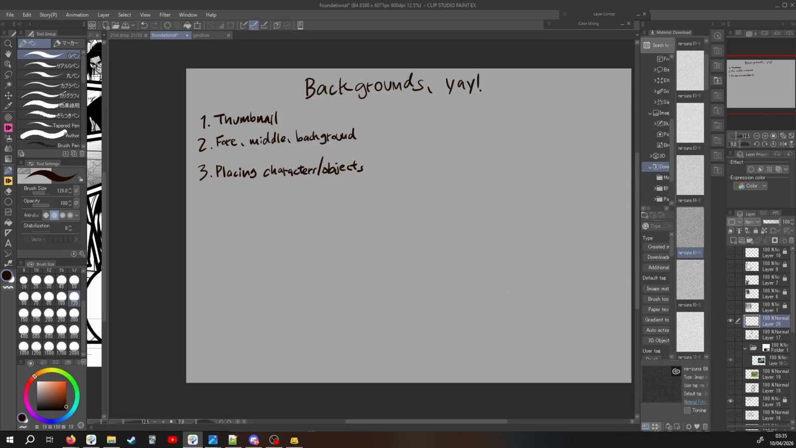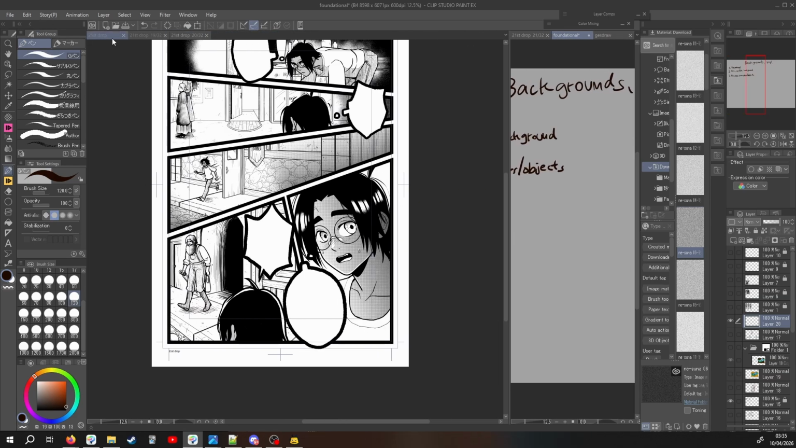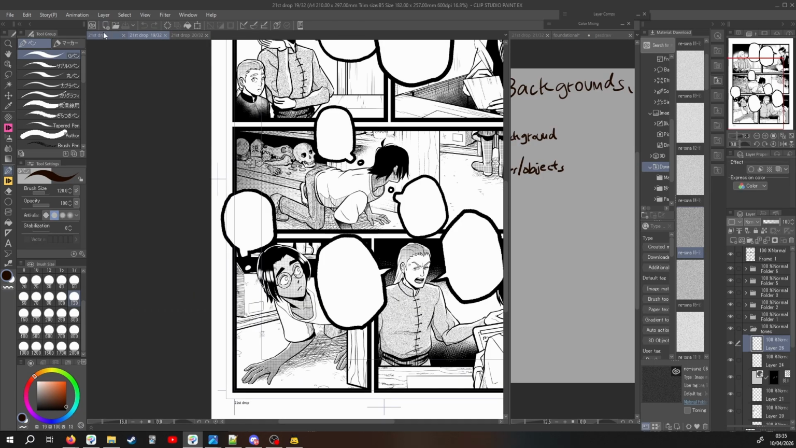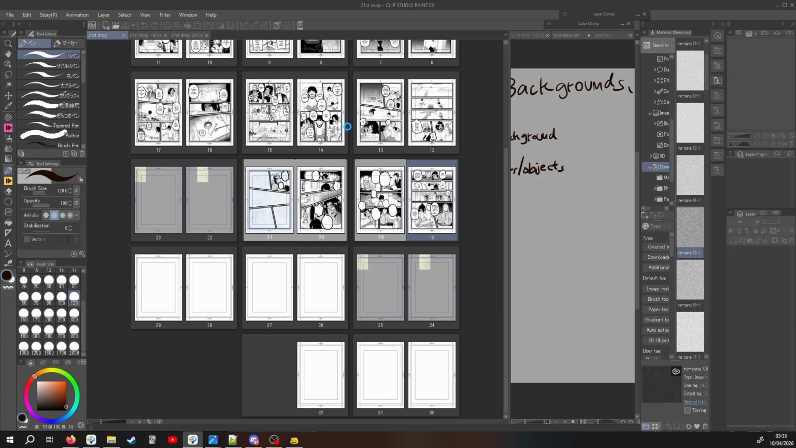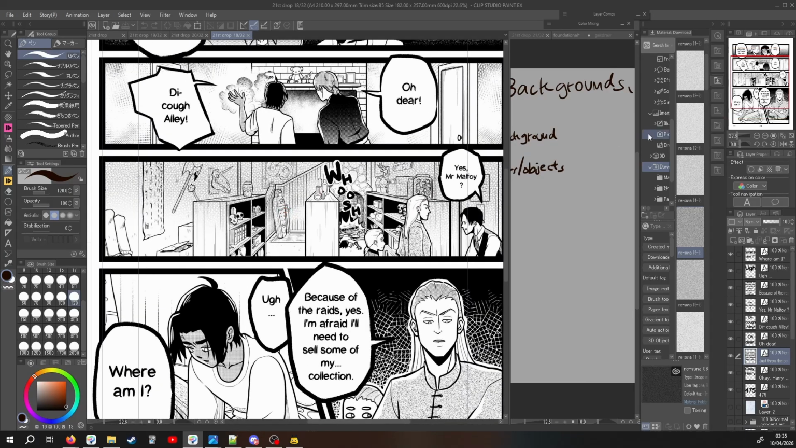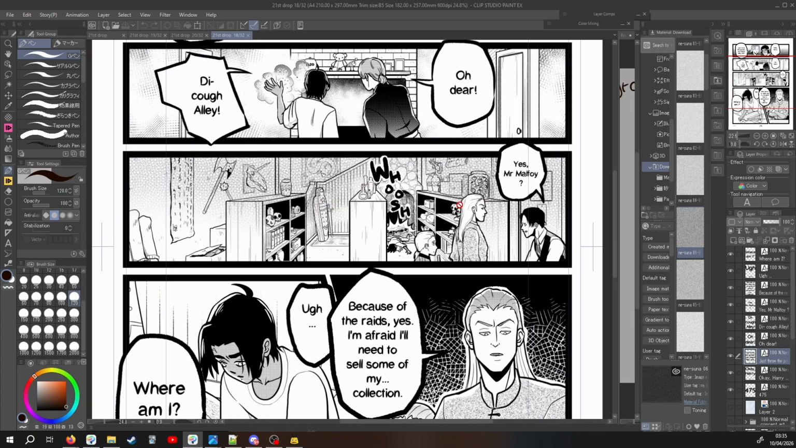The last thing that I thought of that I wanted to talk about is, I'll pull up a couple of pages here to illustrate my point. Let's see, is it this page? It's not. I think it's page 18, yeah. Loading. Here we go. Okay, so here I drew this shop,